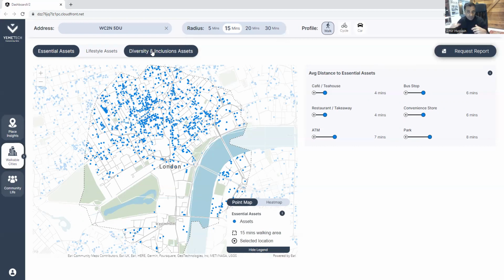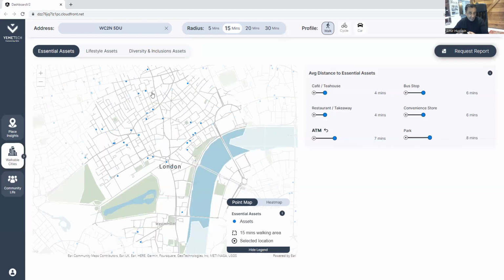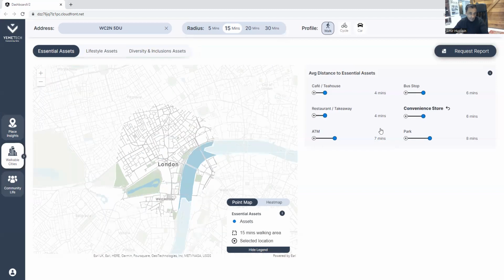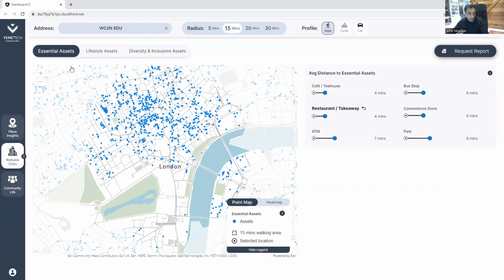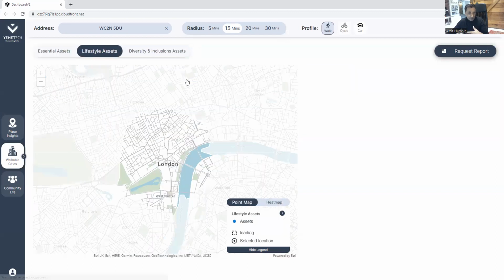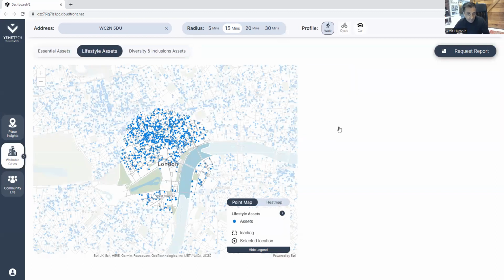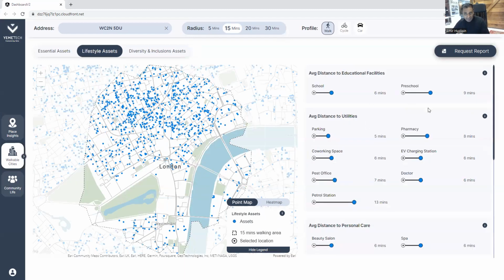more diverse community. So if we look at the essential assets, this is what we have in that basket of essentials. And we can then start to click on any one of these and see where they are. So we can see that ATMs are in that location, convenience stores are in those locations, and restaurants are in those locations. When we go to the lifestyle list, this being London, is pretty well served, but this is the basket